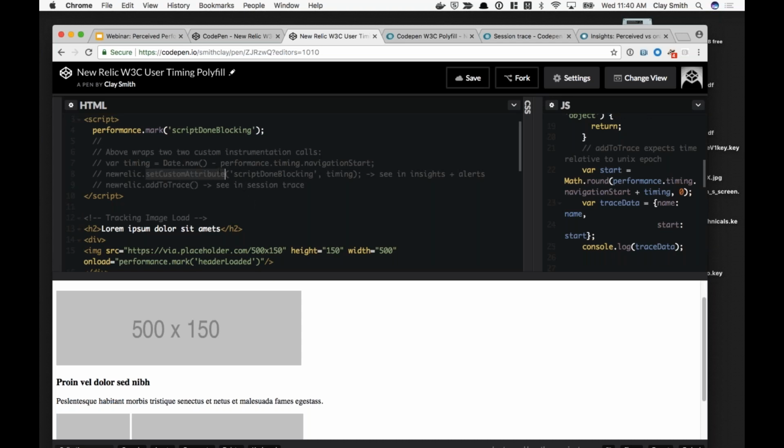We're using set custom attribute to actually see the timing in Insights, which is our dashboard tool. That also allows us to create custom alerts. So say one of these attributes was important and we wanted to be alerted if the performance suddenly degraded, or if it went up significantly, maybe after a bad deploy, or a third-party script started misbehaving. And the second is add to trace. And I'll show this very shortly, but add to trace allows us to actually see that event in the browser